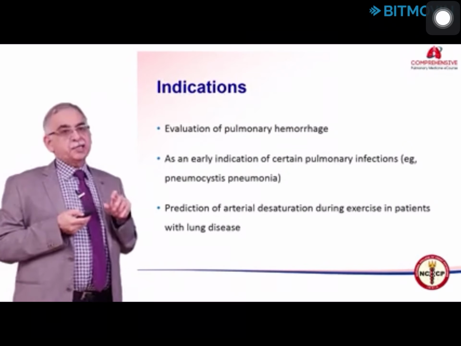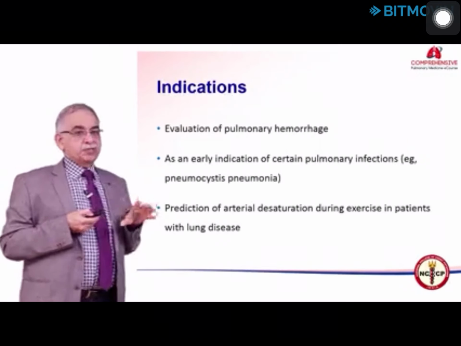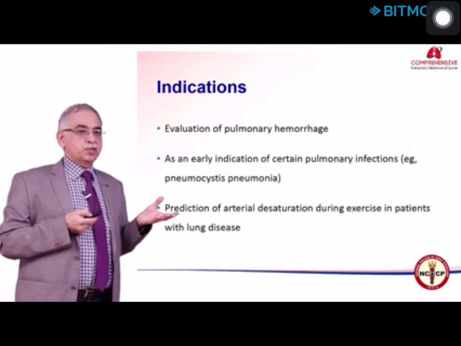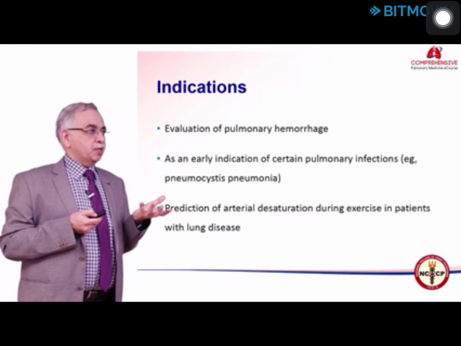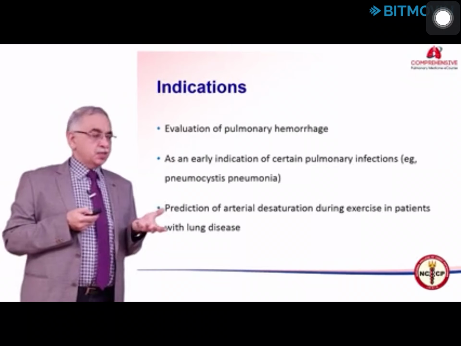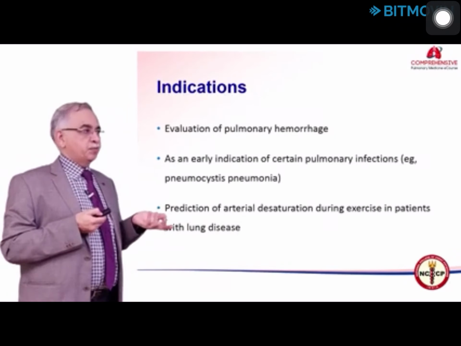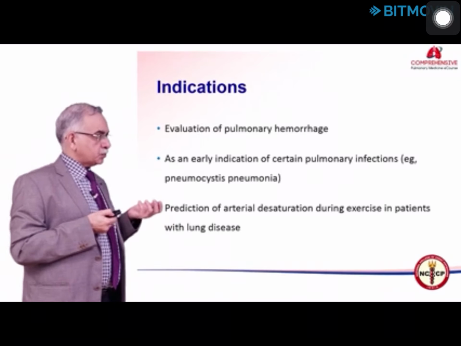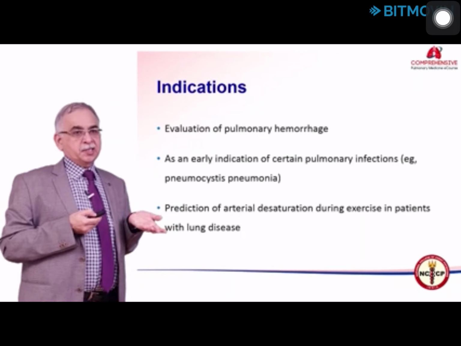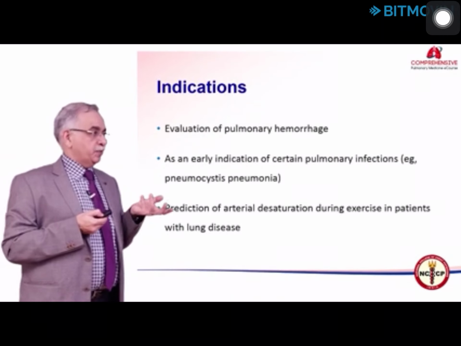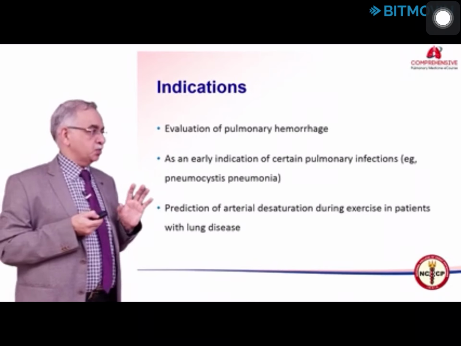These are rare entities, but sometimes difficult to diagnose, and if the patient is stable enough to do a diffusion capacity test, because the quantity of blood in pulmonary hemorrhagic syndromes is increased, diffusion capacity is increased in these conditions. So, this test helps in differential diagnosis. In certain infections like pneumocystis pneumonia, gas exchange is severely impaired, and if the patient is not too sick, as an early test, sometimes it can be used.